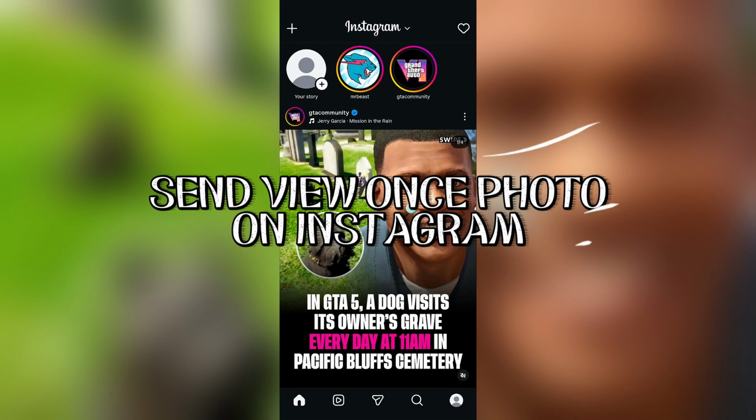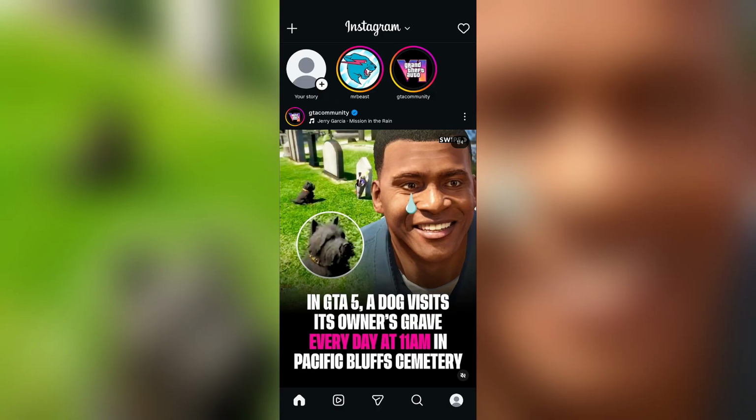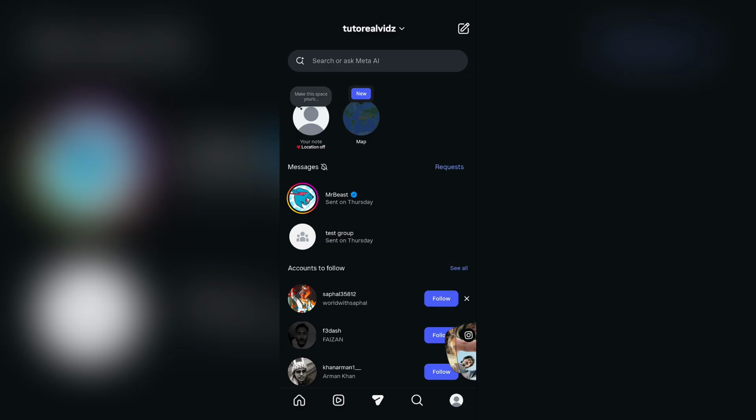How to send one-time view picture on Instagram. Now in order to send one-time view picture on Instagram, just simply open your Instagram app, and after opening your Instagram app, you need to tap into this message icon from the bottom middle of your screen. Tap into there and select any of the chat where you would like to send one-time view picture in your